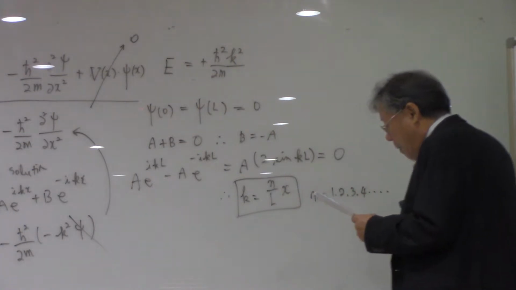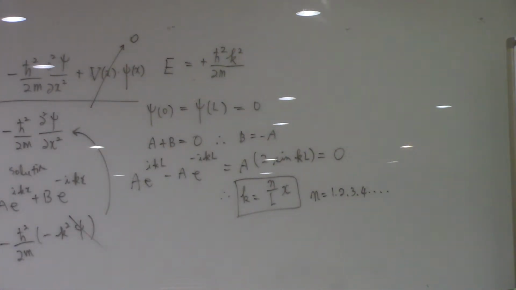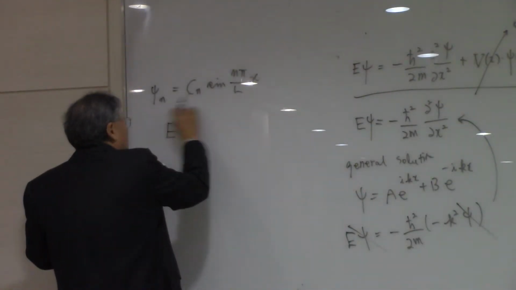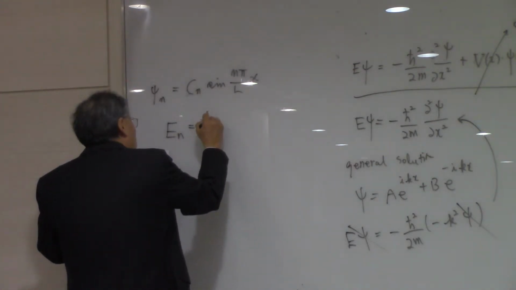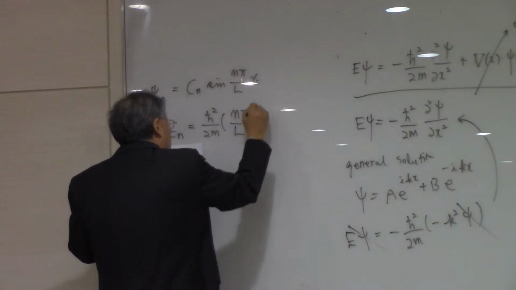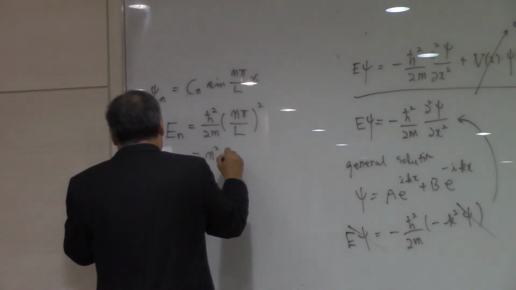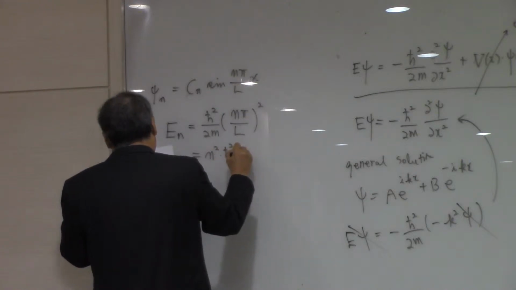It does have forbidden energies, forbidden wave numbers. So you put that into the wave equation, then psi n now is equal to c n sine n pi x over L. Okay? Then this is the eigenfunction. Then the eigenvalue now, that is going to be h bar square over 2m, now k square, that is equal to n pi over L squared, and that is n square, okay? And then h bar square pi square